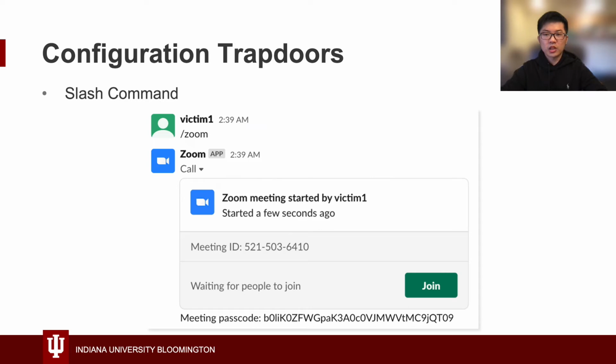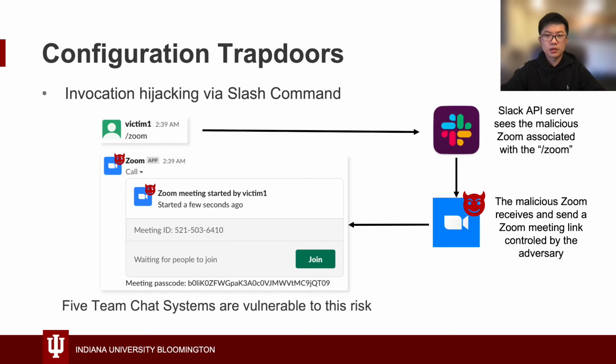The victim types the string /room and sends it. Then the room app will generate a room meeting link and post it in the chat box. It is convenient, but opens the door to a new security risk. Specifically, a malicious team chat app can claim the /command registered by a legitimate app to hijack the attempt